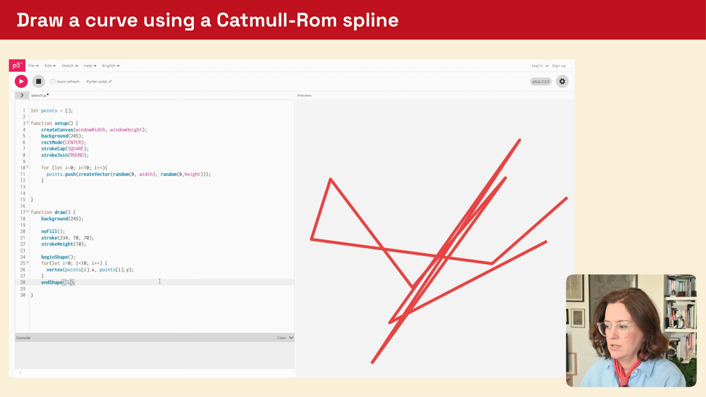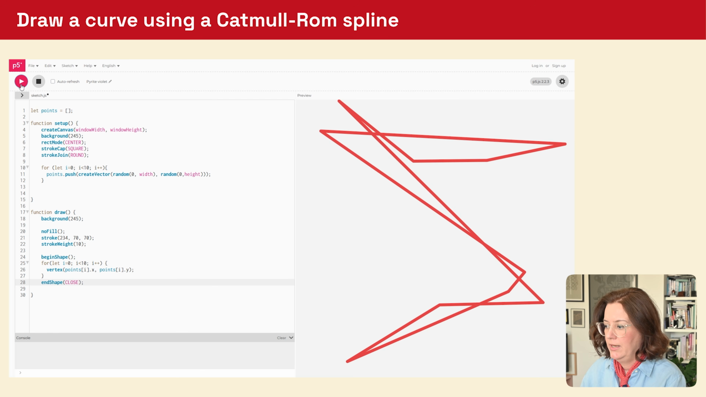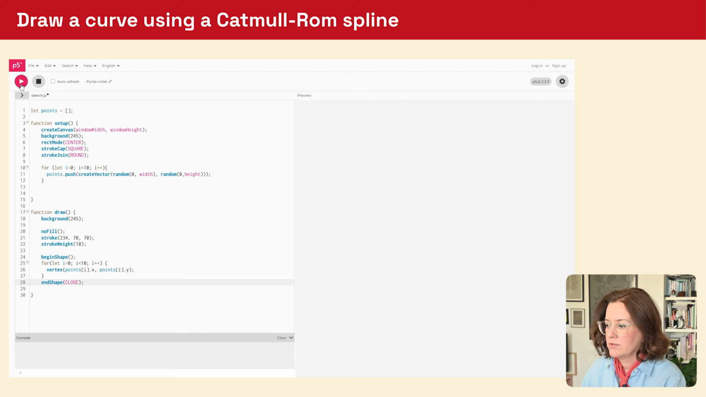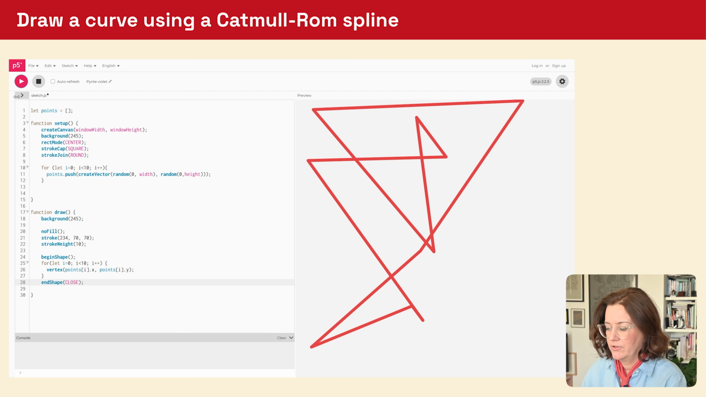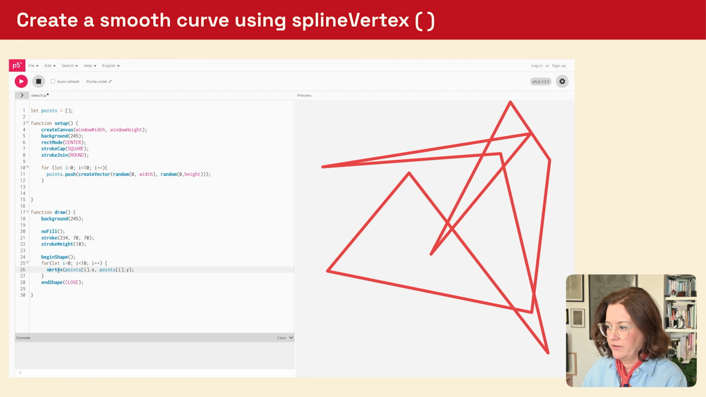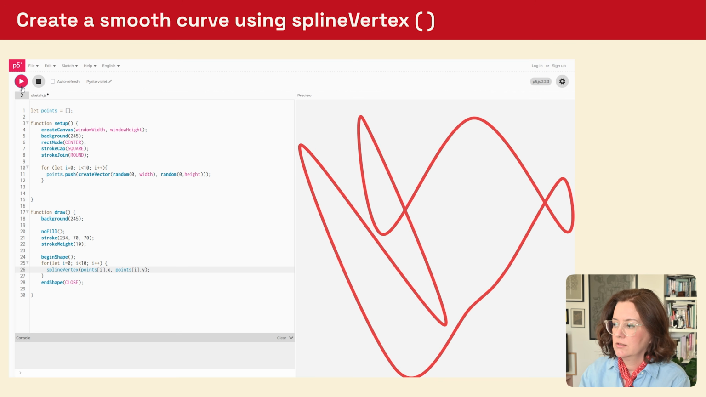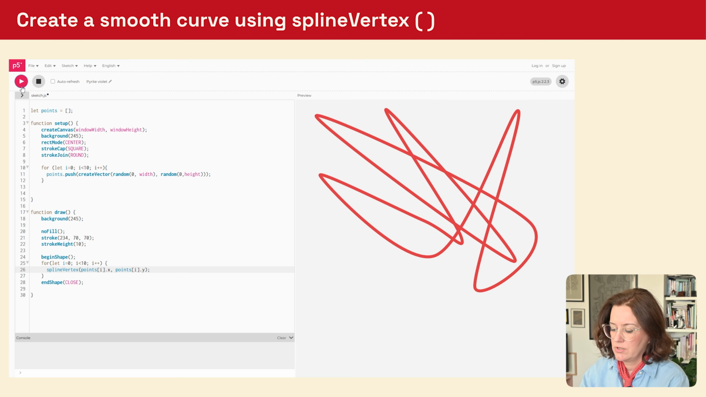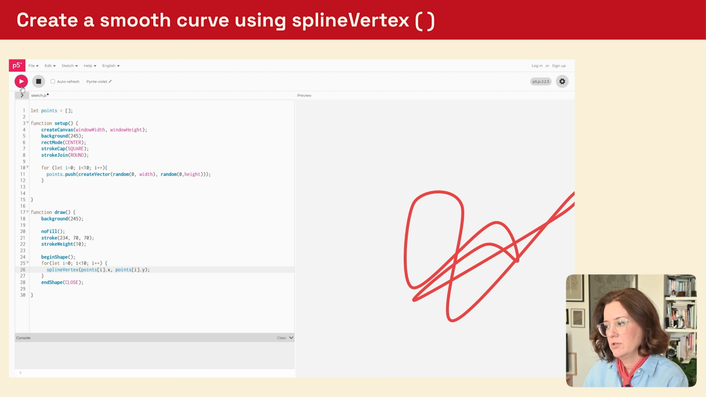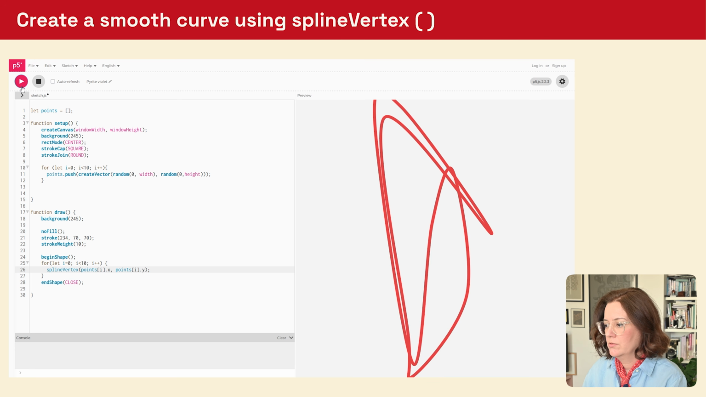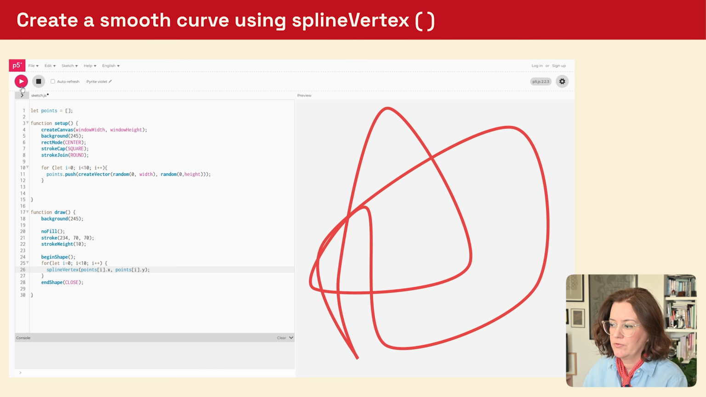Adding CLOSE as an argument to endShape will also connect the last point to the first one, turning the line into a closed shape. Now comes the cool part. We can simply replace vertex with splineVertex, and the polygon instantly turns into a smooth, continuous curve. So, with just one small change, we move from a low poly shape to something much more fluid, but we